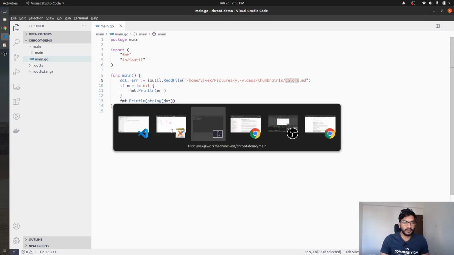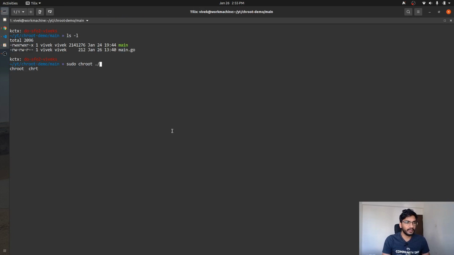So we say chroot ./, which simply means this directory, and then run main. It means run the main application considering this directory as its root. And if I run this,